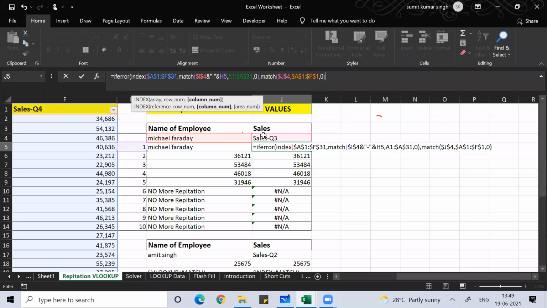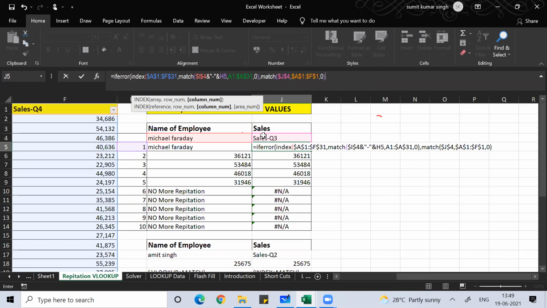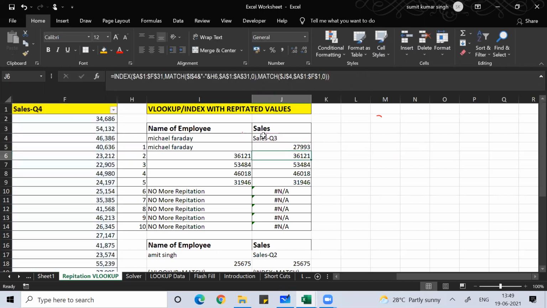Okay, so close bracket, done, this MATCH command done. So your INDEX command is done. Then under IFERROR you can write "no more repetition". In case of no more repetition, write it in double quotes, close bracket, enter.